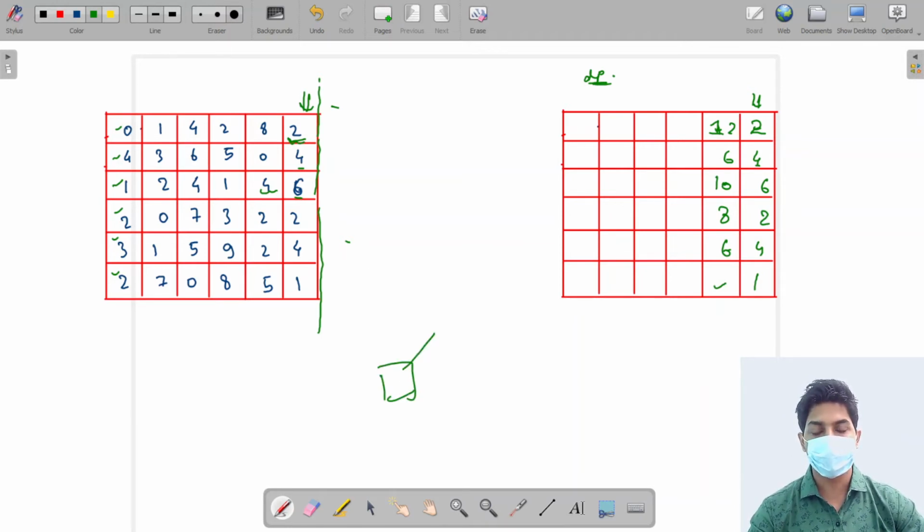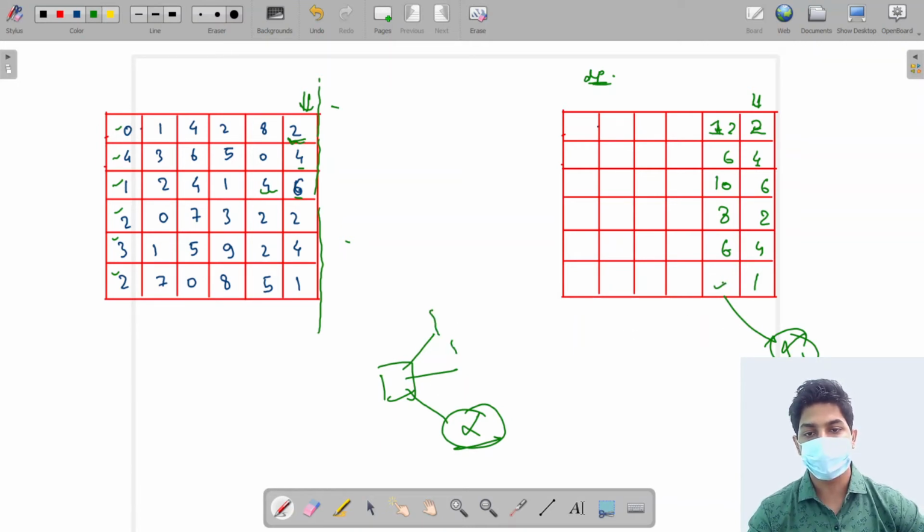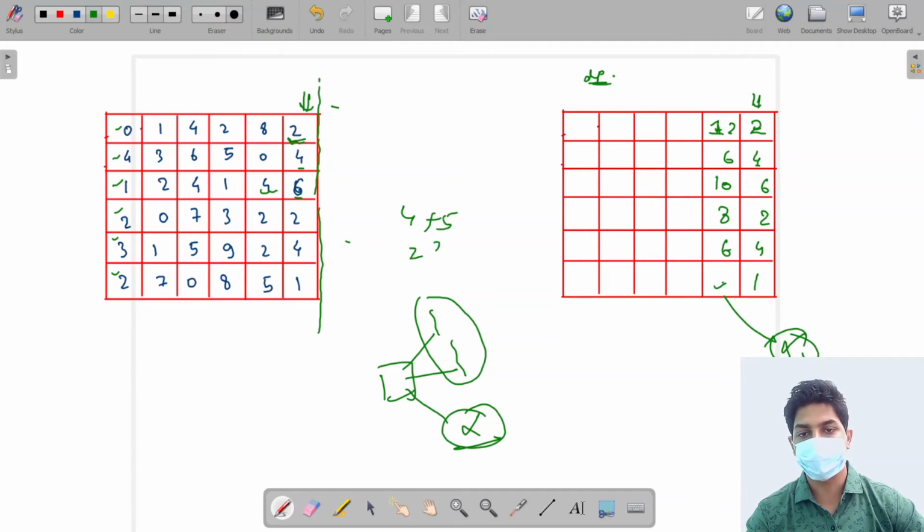This cell can go in upward direction and in forward direction, but it cannot go in downward direction. Why? Because the grid does not exist over here. So we are not allowed to move in downward direction for this cell. So for this cell, we'll consider only the answers from these two cells. The maximum of 4 and 1 is what? 4, plus my gold is 5. So 4 plus 5 equals 9. So 9 is the answer for this cell.